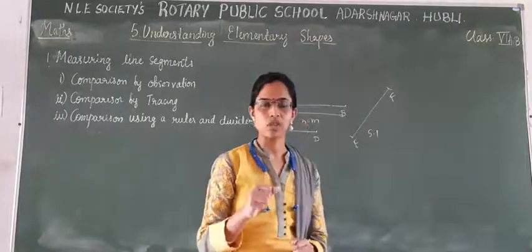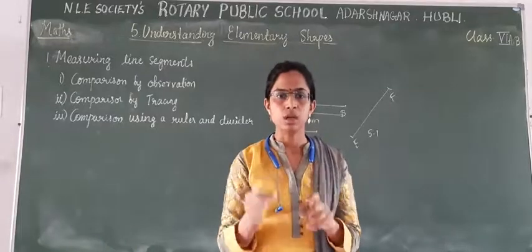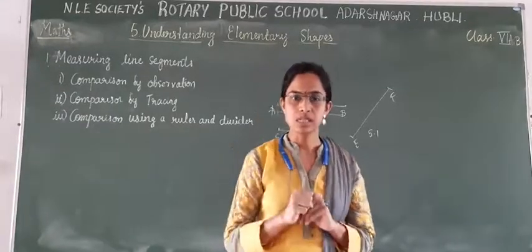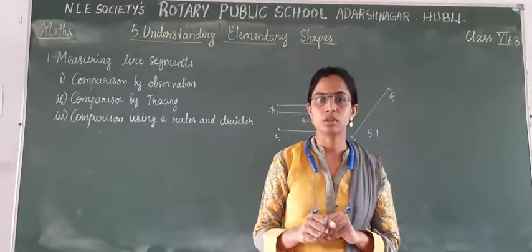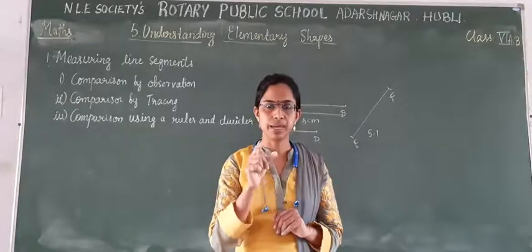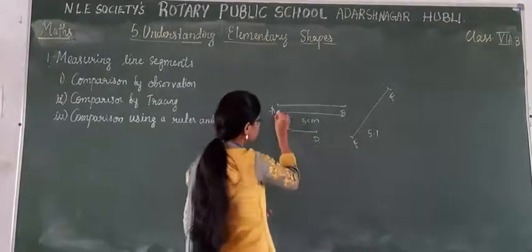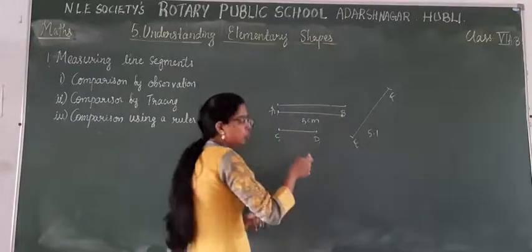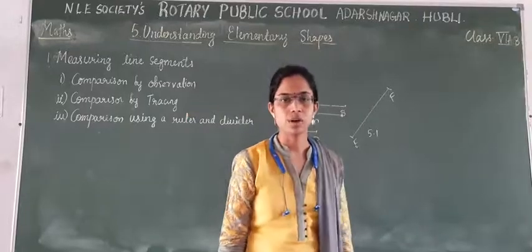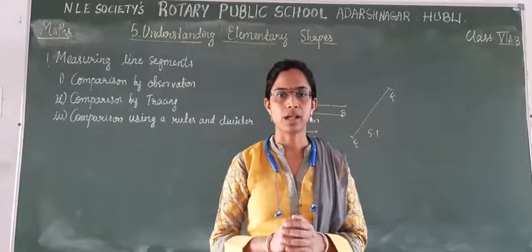But sometimes what will happen? A scale will be having thick glass, so you cannot measure the exact length with the scale. At that time you are going to use the divider. Place the point of the divider on both ends, one over here and another over here. Without disturbing, place it over the other line. That time you are going to get the exact measurement of the lines.